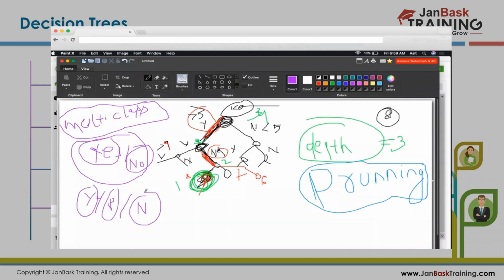We call it multi-class because there are more than two class outputs, meaning we are dividing our entire data into more than two classes. So yes, probably, not. This is called multi-class. It's not required that it always produces yes or no, but most of the time it does, and in KNN we use only a binary output.